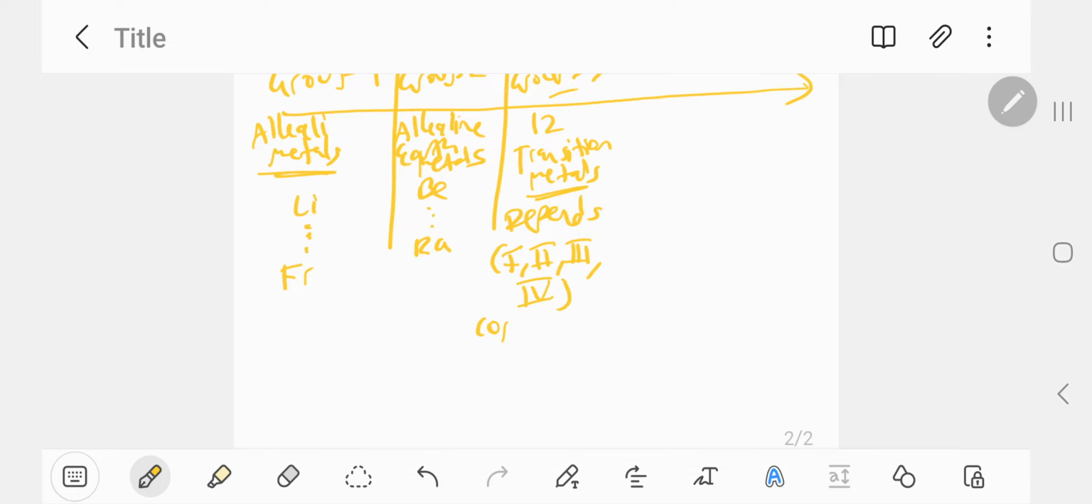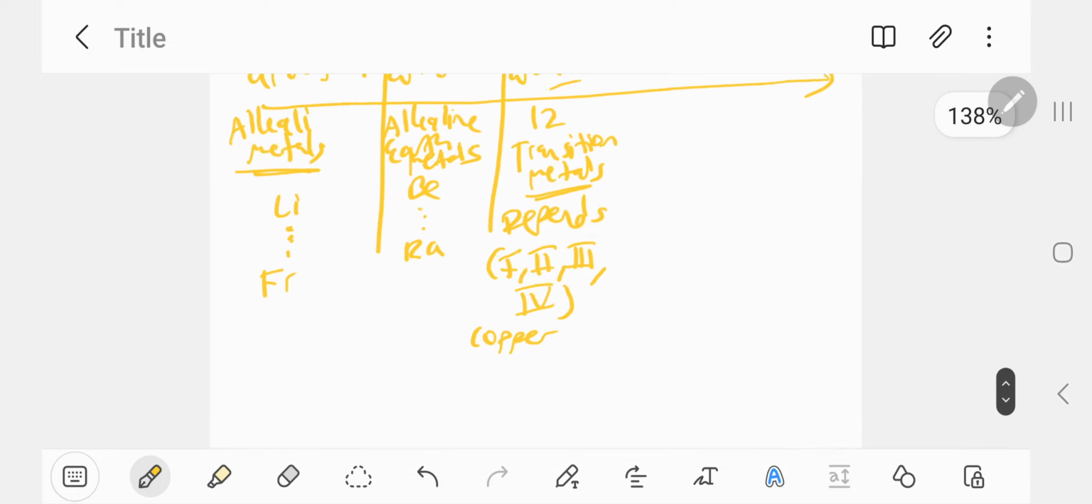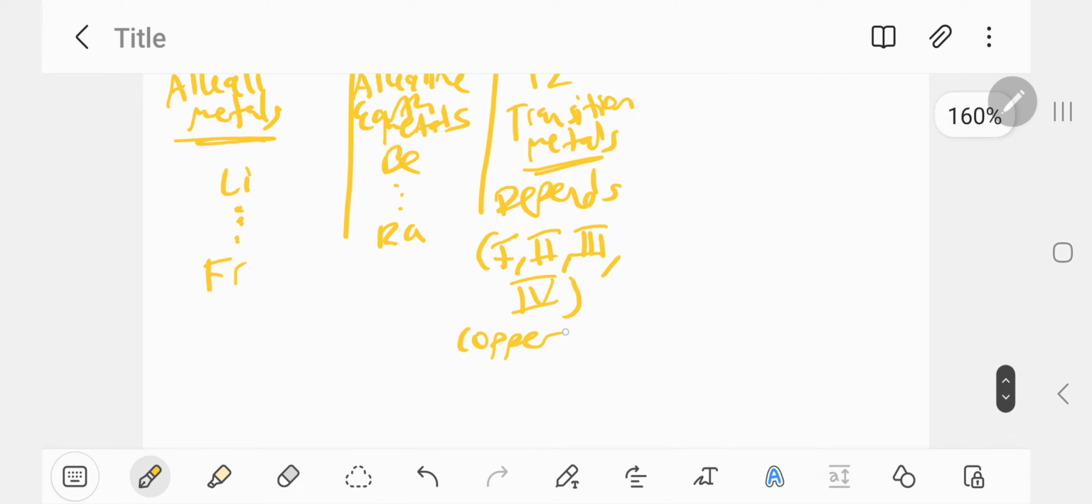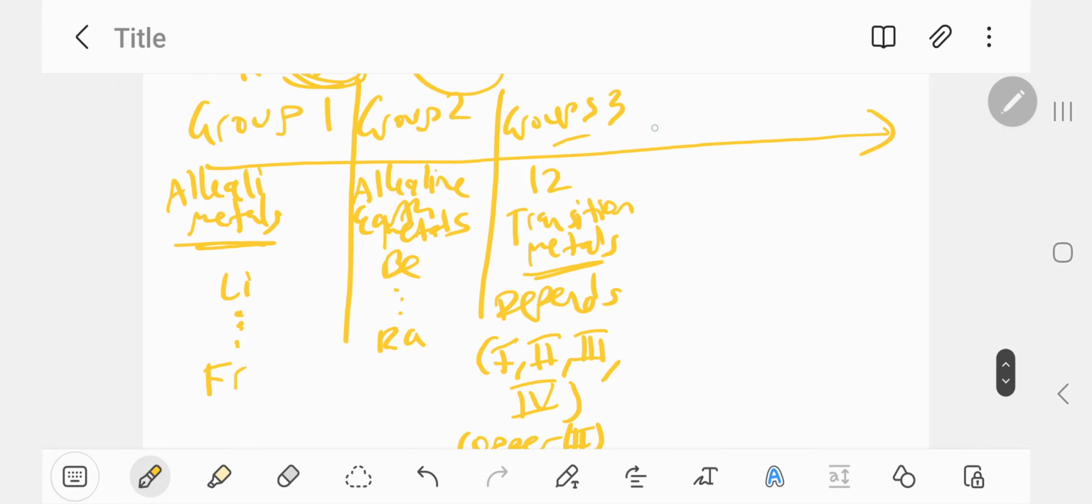They'll sometimes write something like copper. So copper is a transition metal. They'll write maybe copper 2 in brackets. So in brackets after the copper, they'll put 2. This means copper, Cu, has a valency of +2, because it's a metal, right? So transition metals, and then you've got group